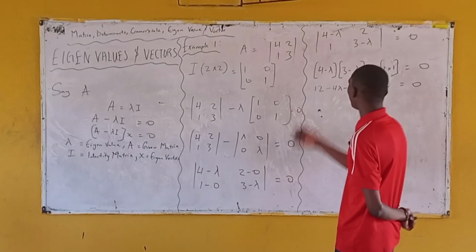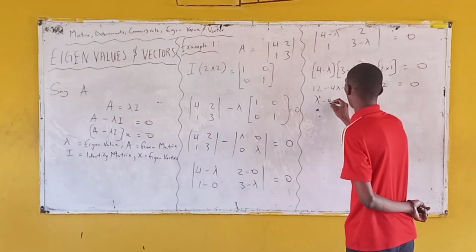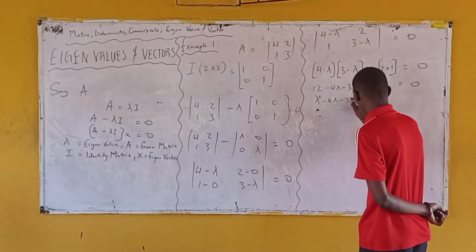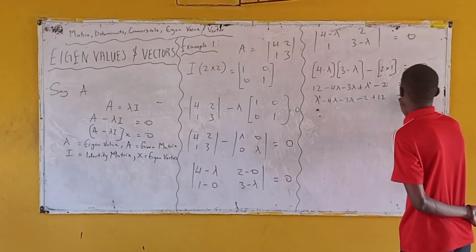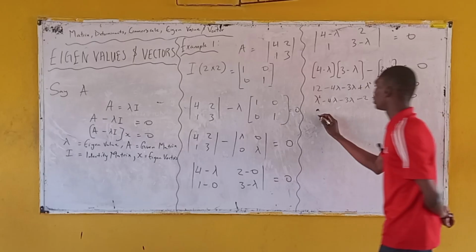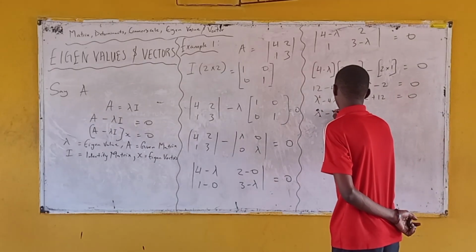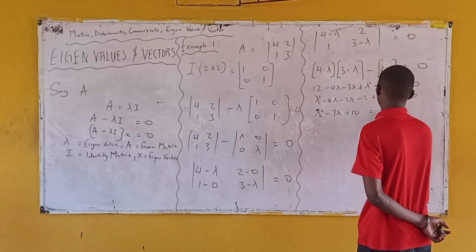So we can rewrite: lambda square minus 4 lambda minus 3 lambda plus 12 minus 2 equals 0. Rewriting, that is lambda square minus 7 lambda plus 10 equal to